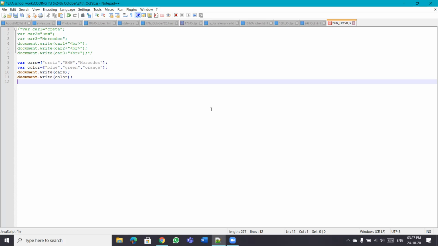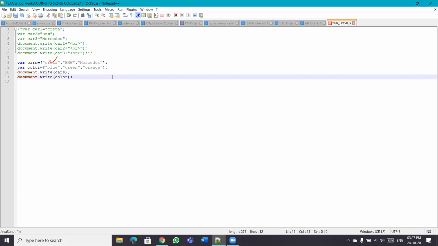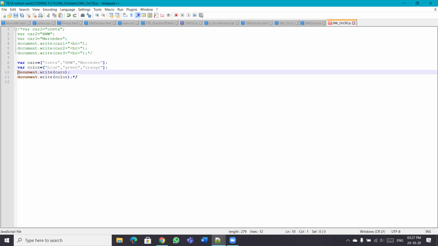Now we are going to access the values of these. Suppose the problem statement is, can you print only this value of the array? We can do it. Let's comment out these two document.write statements. Suppose we only want to print the Creta.